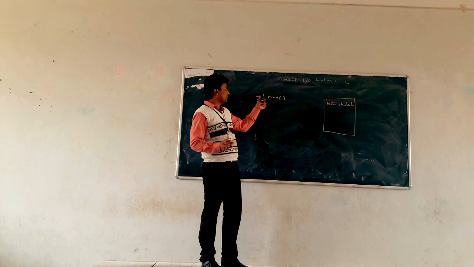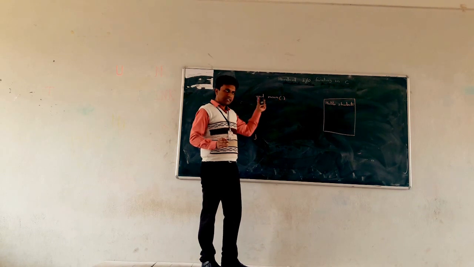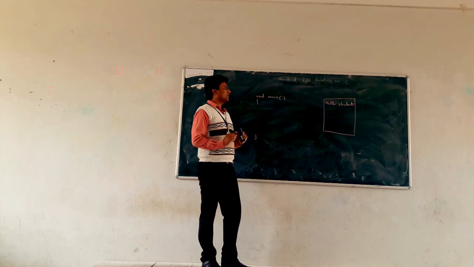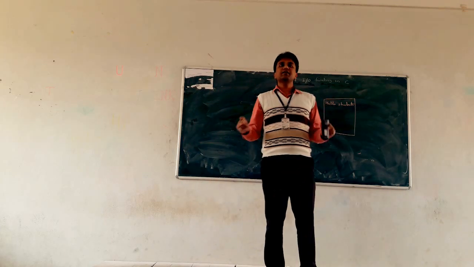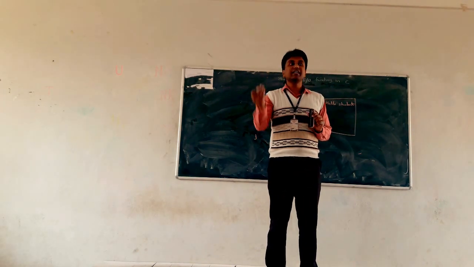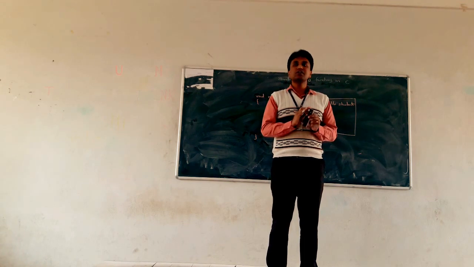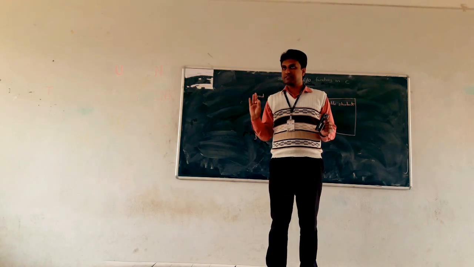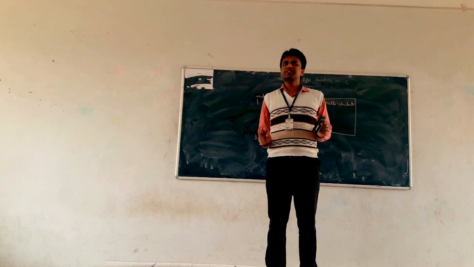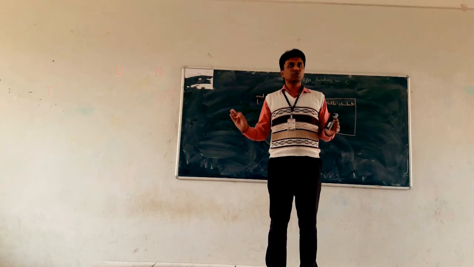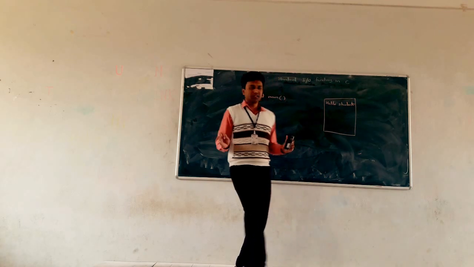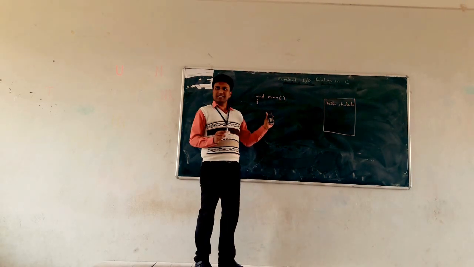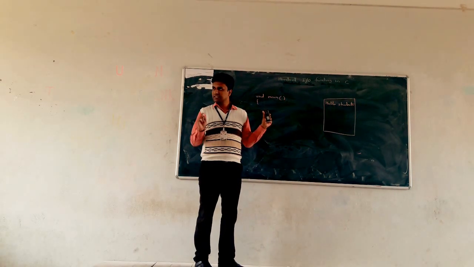So it starts from void main, parenthesis, then curly bracket. Inside the curly bracket, what do we want? We first want to clear whatever data was previously printed on the console. Console means the black screen on which output gets displayed. So we want to clear that data first. That is our first aim.